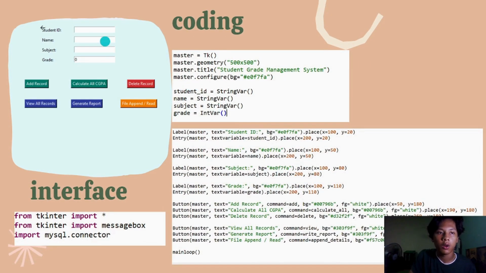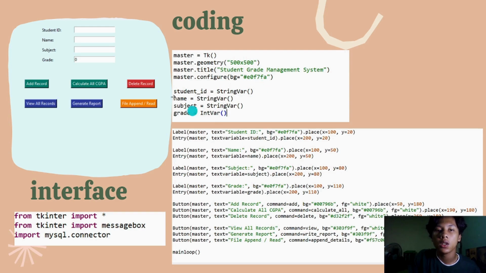So here is our Tkinter GUI. Let's take a look at the coding. So here is where the coding starts. Master equals Tk. We use Tkinter. The size is 500 by 500. The title for this GUI is Student Grade Management System, and we use light blue for the